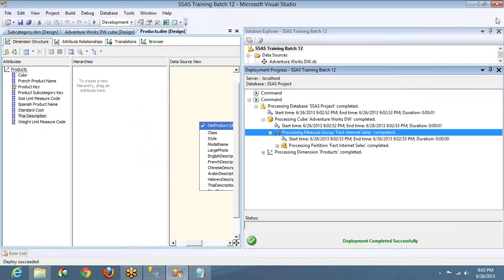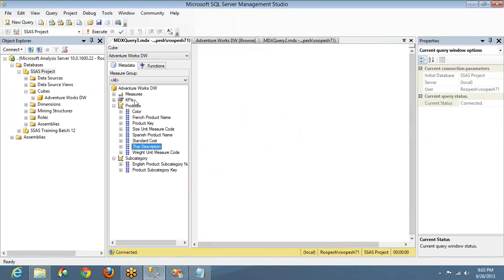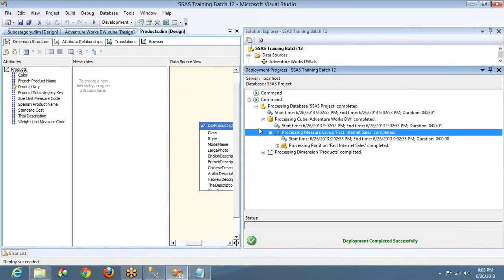Generally, if you deploy, it should only deploy the structure, and hence it will throw an error when you try to read the data. Why? Because the data will be read as part of the process option. When you click on process, then it will do that. And this is happening from 2008 only. In 2005, it was working fine. Only deploy means deploy, process means process. From 2008 and 2008 R2, if you go for deploy also, it is process.